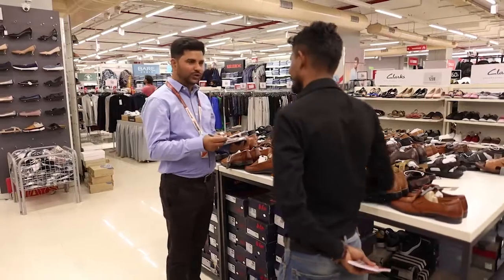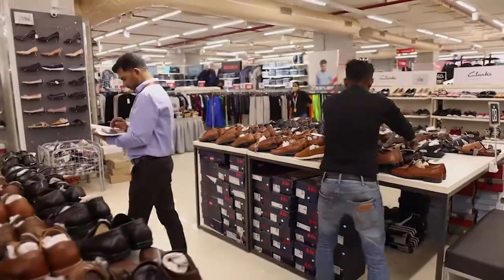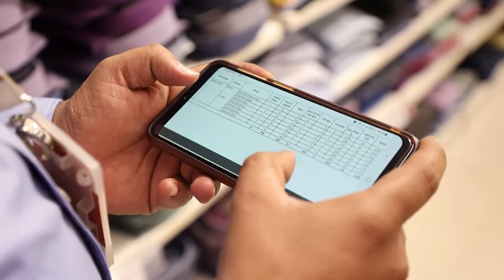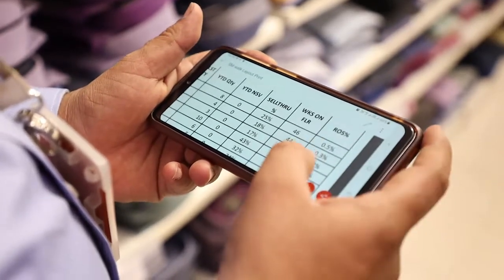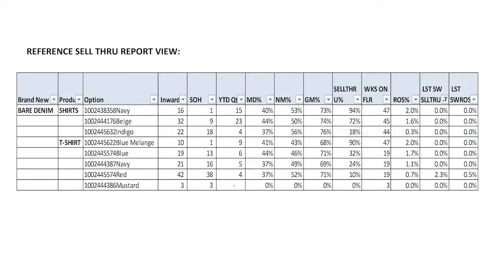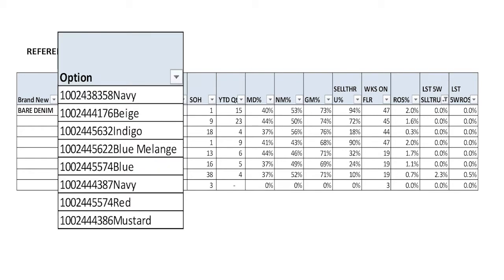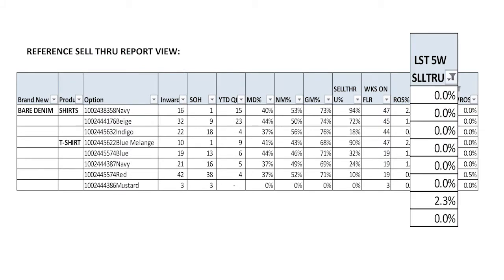Good to see all details captured. Inventory view. SOH versus displayed quantity to be checked through the sell-through report to review system versus SOH and displayed quantity. From the sell-through report, SM to select the brand scheduled, option column, MTO low sell-through, last 5 weeks sales quantity and 5 weeks sell-through percentage.